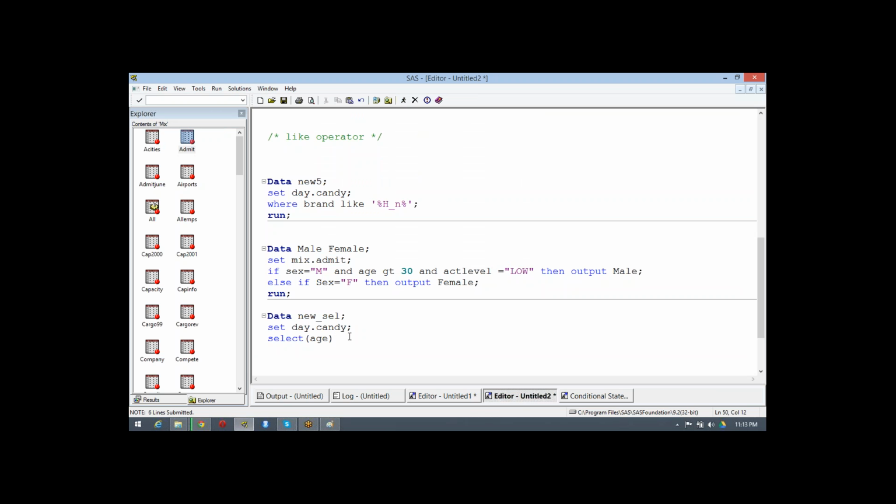So this will be faster than the if query. Here also we are using only conditional statements. So we always use select and the variable you are focusing on to apply a condition. Then whatever condition you are writing with when always comes into brackets.